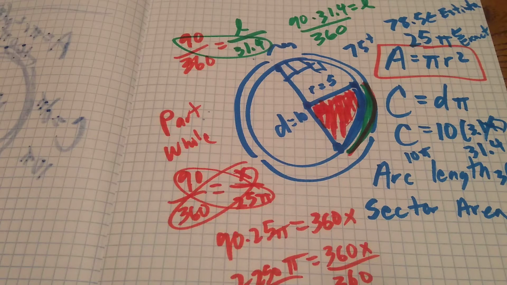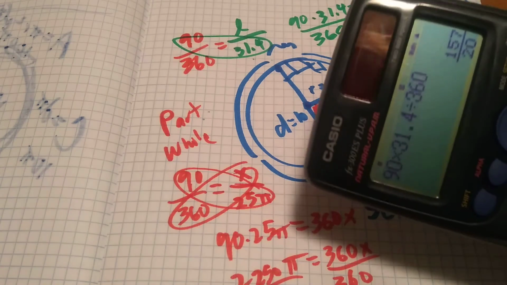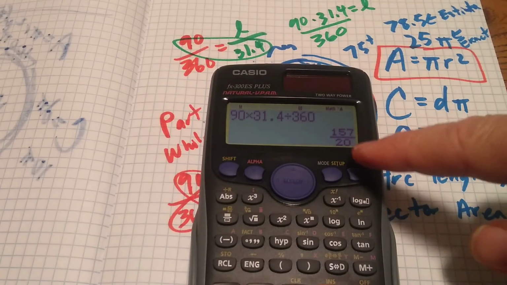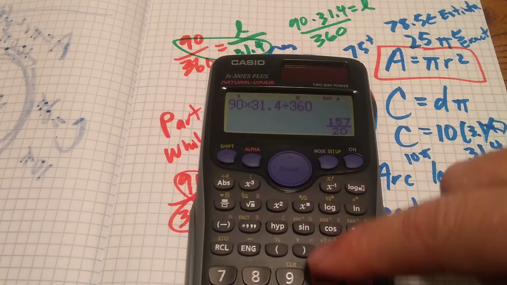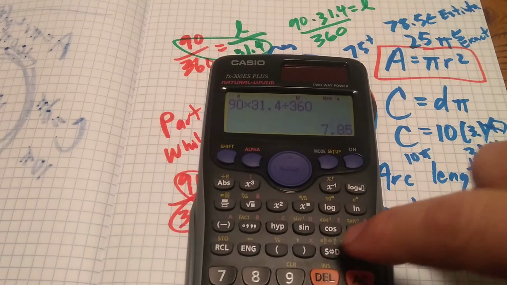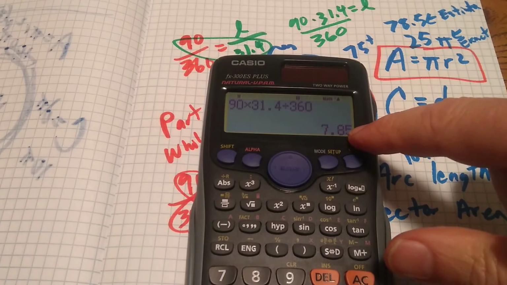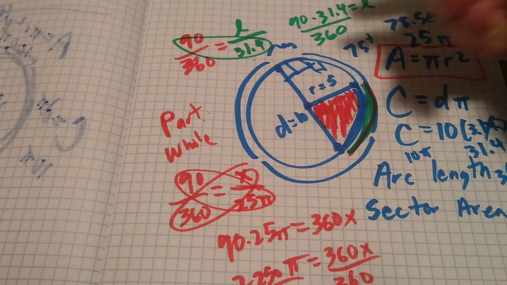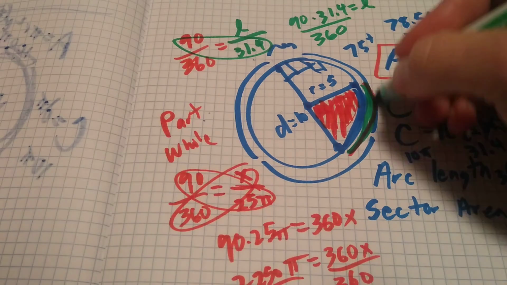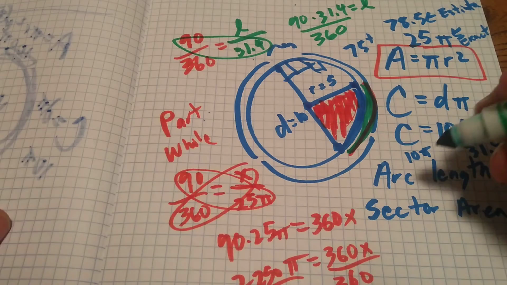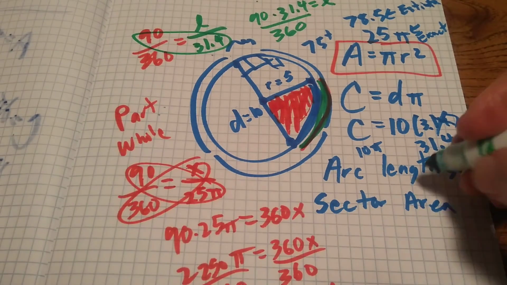So in this case, I get 90 times 31.4 divided by 360, and I get 157/20 on my calculator, because they write it this way. But I want the decimal number, so I hit my S-D button here. And that's 7.85. My 7.5 was super close. 7.85 is the length of that right there. So the arc length is